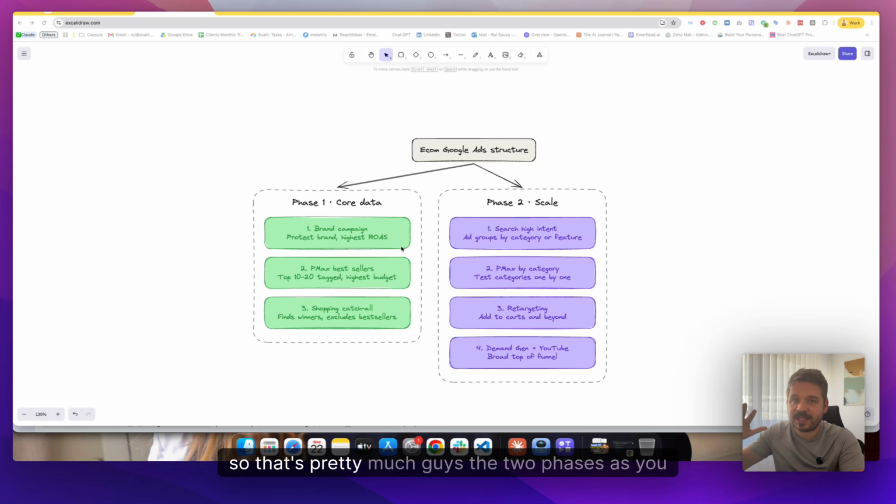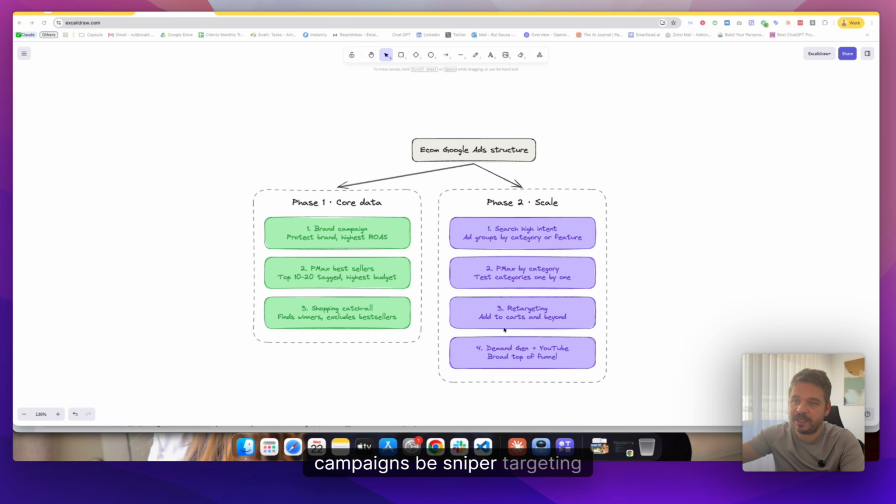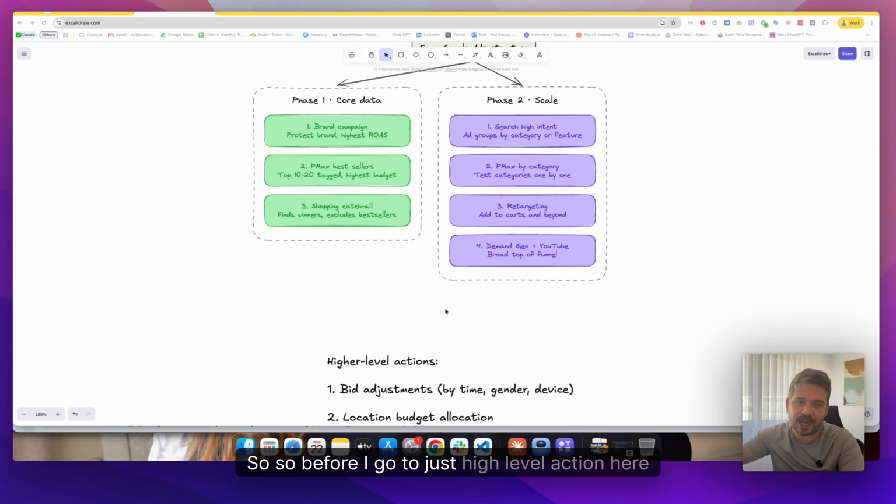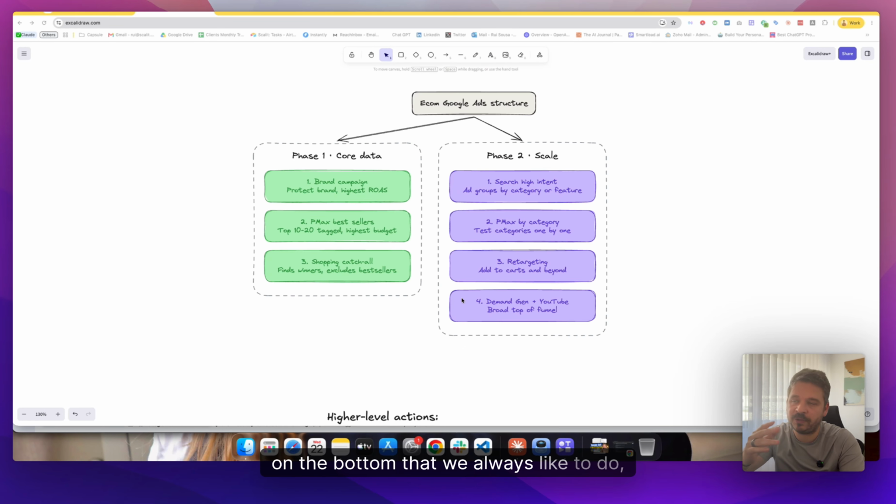Okay, guys? So that's pretty much the 2 phases. As you can see, in phase 1 you can scale just with these 3 campaigns. And phase 2 is slowly opening more campaigns, sniper targeting, and just trying to find and squeeze the most out of the campaigns. So before I go to a high-level action list here on the bottom that we always like to do,